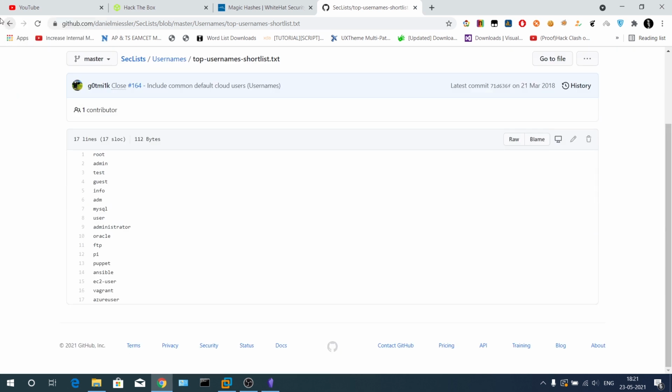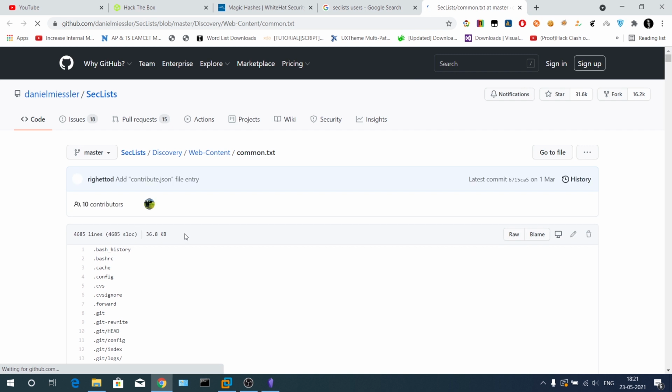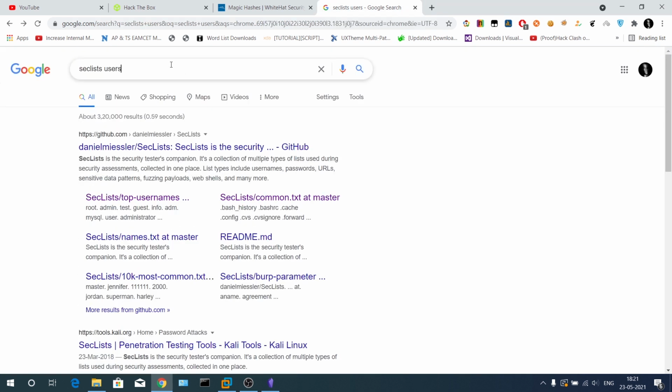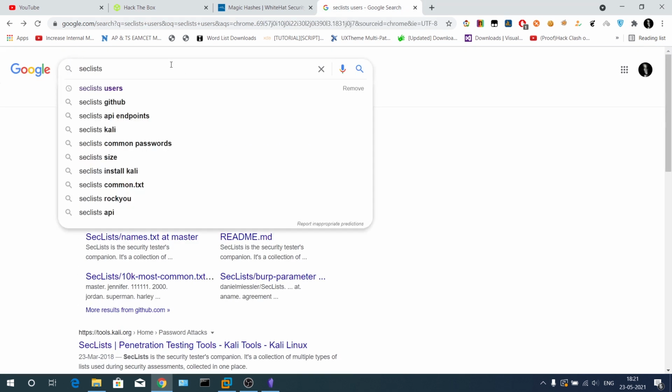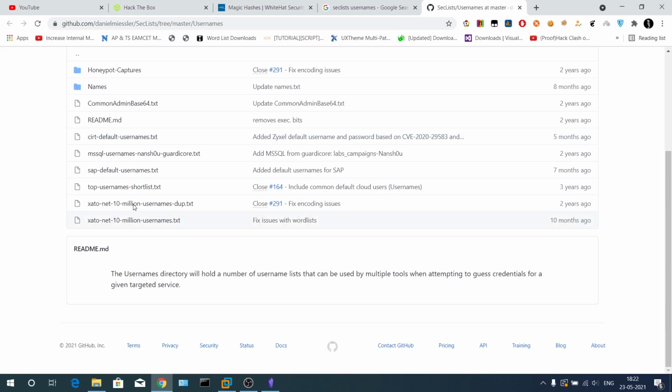So this is a very small list, SecLists common, not this one. You can type usernames. Let's see if this contains some 10 million usernames.